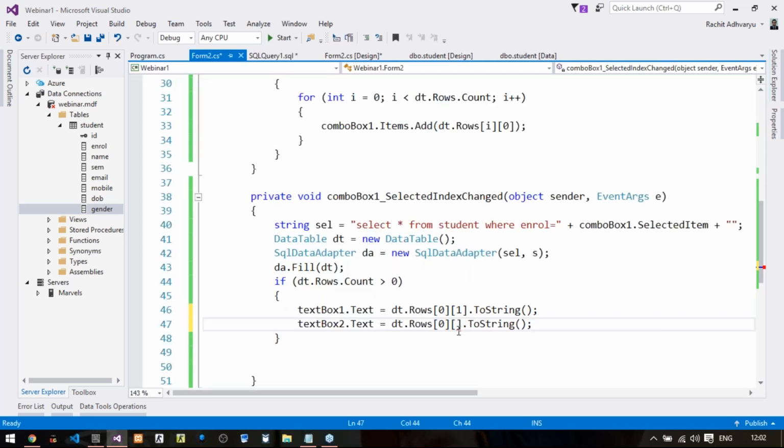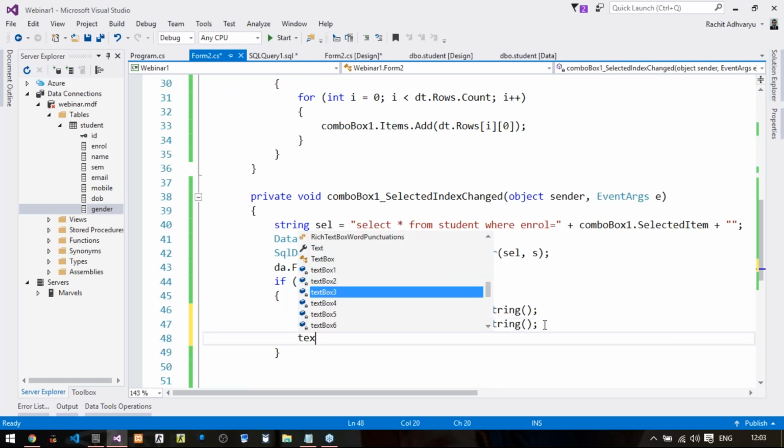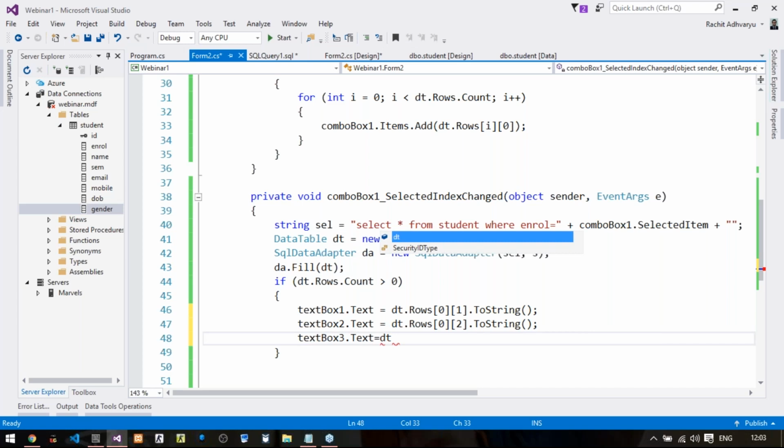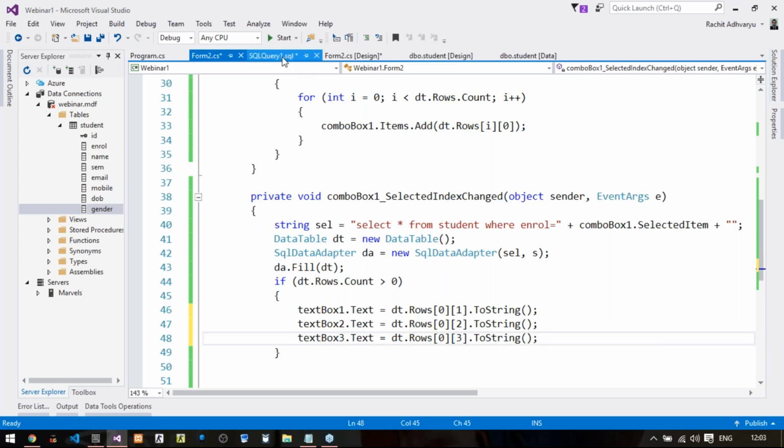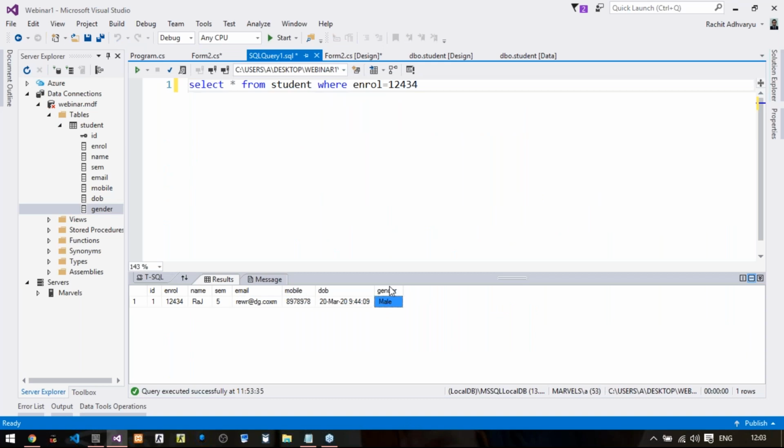Similarly, textBox3.Text equals dt.Rows.ToString(), and we pass the index of row and column, that is 0 and 3, because now we know the sequence, right? Semester is 3, email is 4, mobile is 5, DOB is 6 and gender is 7. So likewise we are just entering all of this.